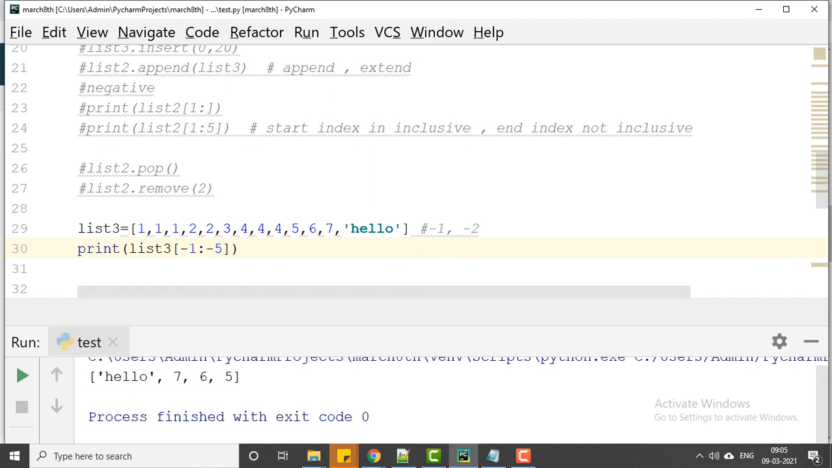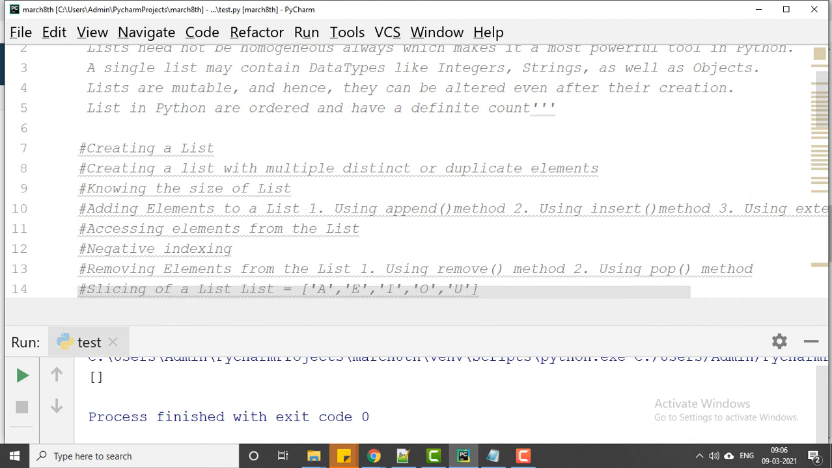If you remove this one, then it gives an error, because it will always read from left to right. So it is starting from here, and there is no other index on the right side, so there are no values here. Because it will always read from left to right. So for that, if you give the negative jump value here, then it will read from right to left. All right, so this is the negative indexing,